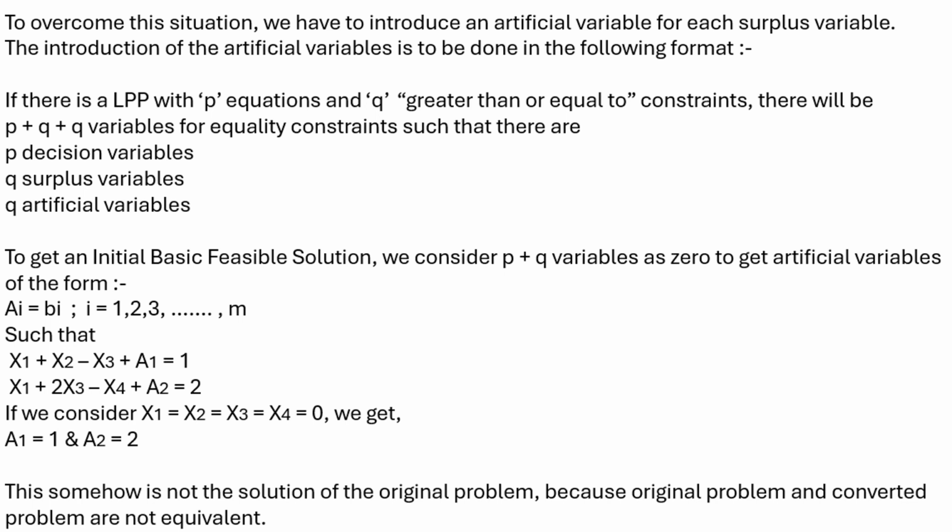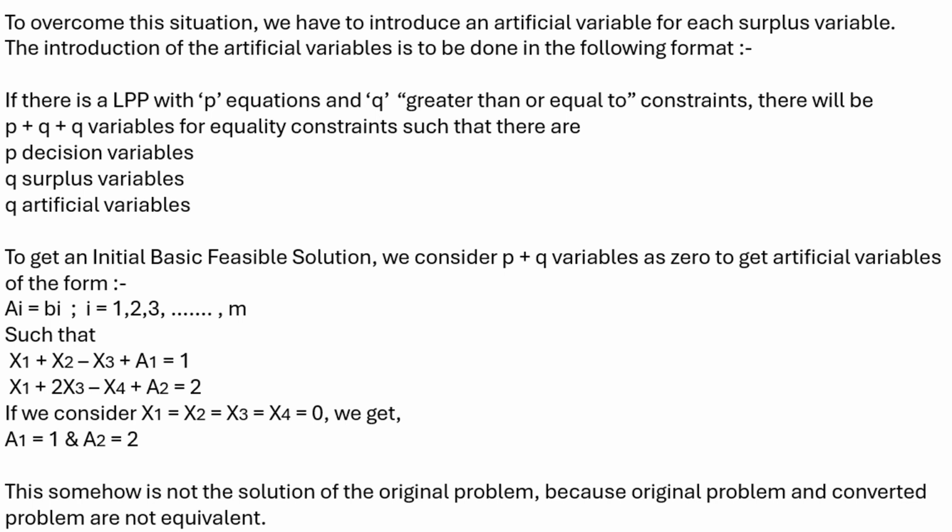out of which p would be the decision variables, or they are also termed as the non-basic variables. They are already present in the problem. Q are the surplus variables, the variables which we have introduced to convert the inequalities into equalities. And in case the value of these surplus variables turns out to be negative, then we have to introduce an equal number of artificial variables to balance this situation, or to take this situation into our hands,